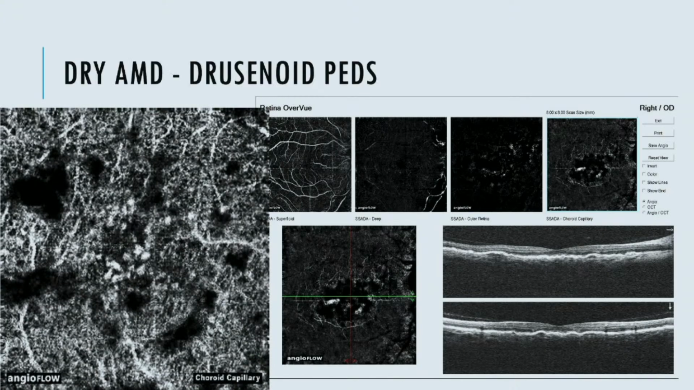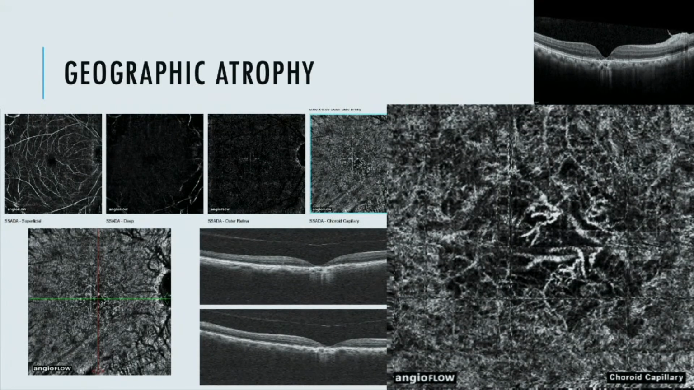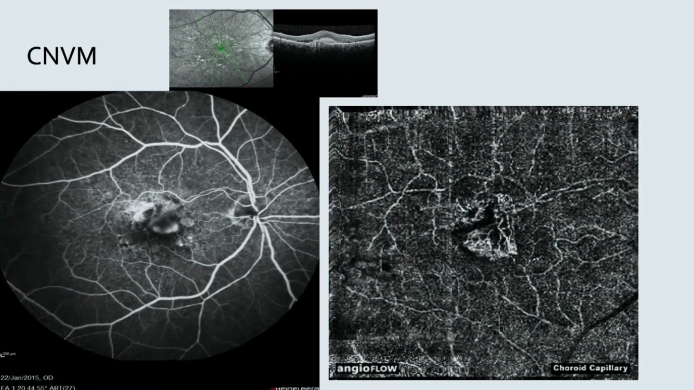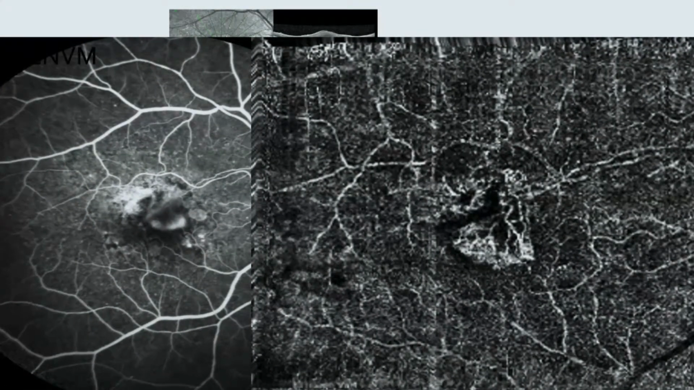Quickly some case examples, these are dry AMD. You can see drusenoid PEDs in this patient. Again here you can see geographic atrophy, you can see like a barren tree appearance there, tree without branches there, that is a GA. This is a CNVM, I just want to show you the correlation, how good it correlates